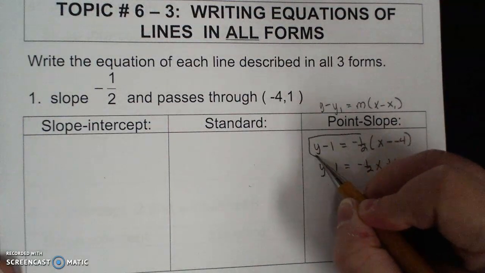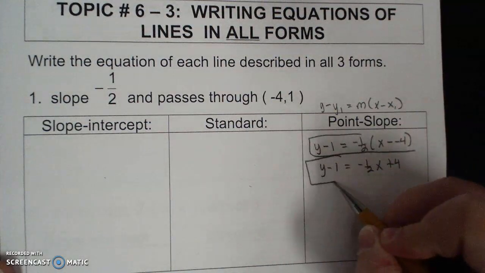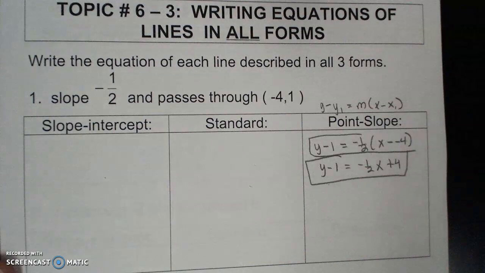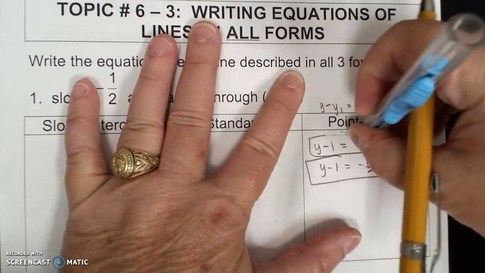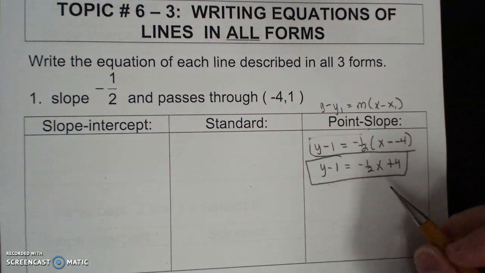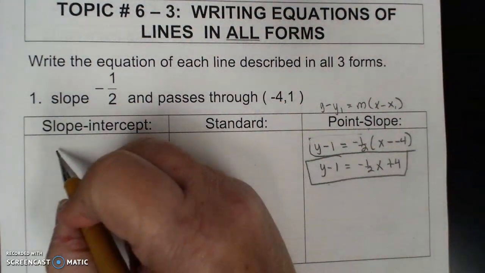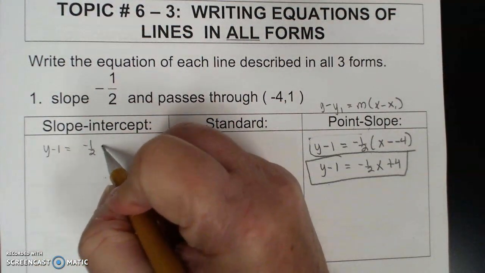Okay, this is my point slope, correct? Actually, this is going to be my point slope because I don't want a minus negative in my final answer. Okay? From here, I'm going to come to this one, and I'm going to use this information